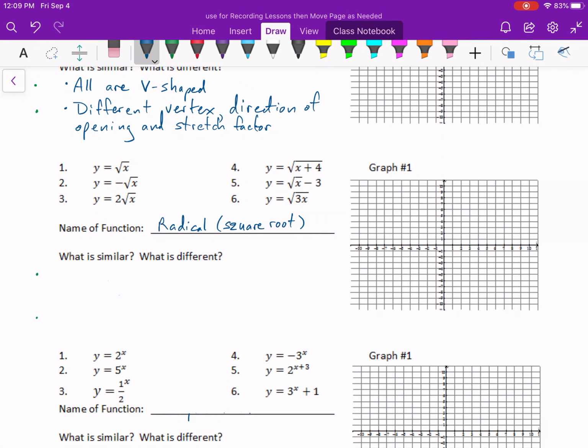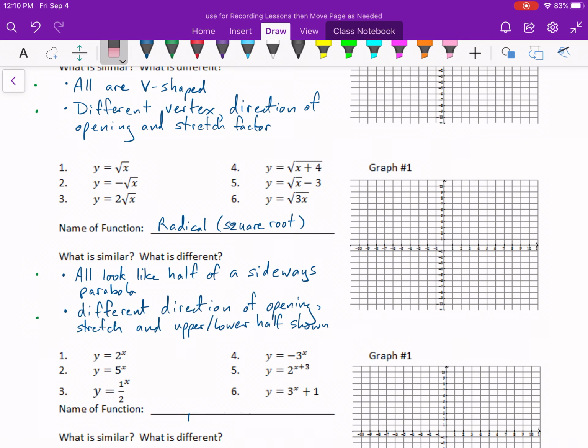What you're going to find is that they all look like half of a sideways parabola, and some of them are going to have different directions of opening, either to the right or to the left. They're going to have different stretches, and they're either going to have the upper or the lower half shown, depending on, again, what you type into Desmos. And you can do all of this. You can predict all of this,